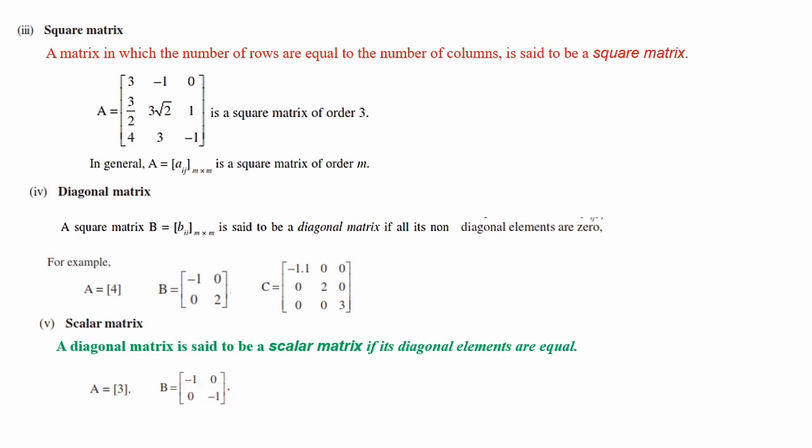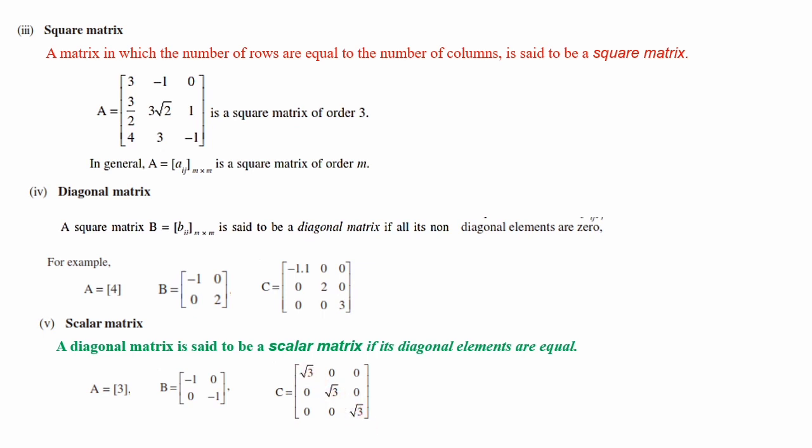So it is a scalar matrix. And 3 by 3 matrix, if you take, that will be a little easier for you to understand. So 3 by 3 matrix, first of all it is a square matrix, and second it is a diagonal matrix because all the other non-diagonal elements are 0, and it is a scalar matrix because diagonal elements are